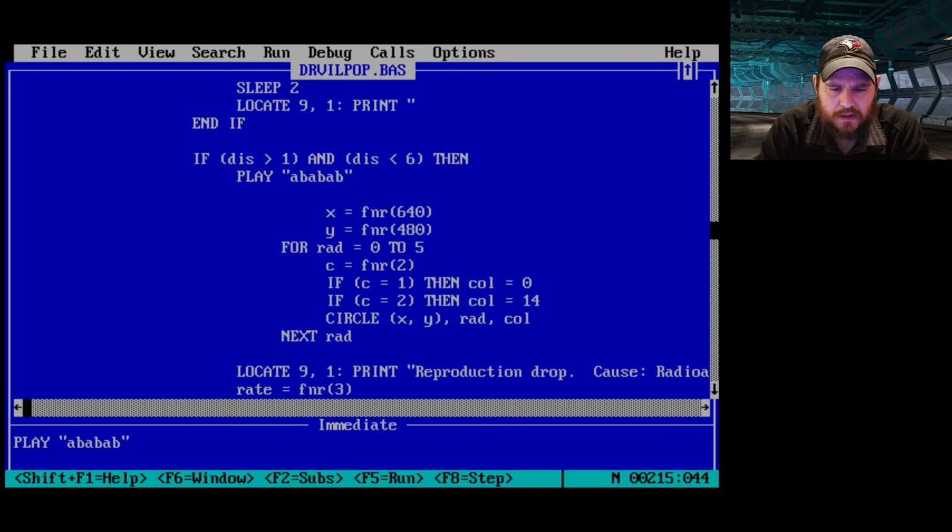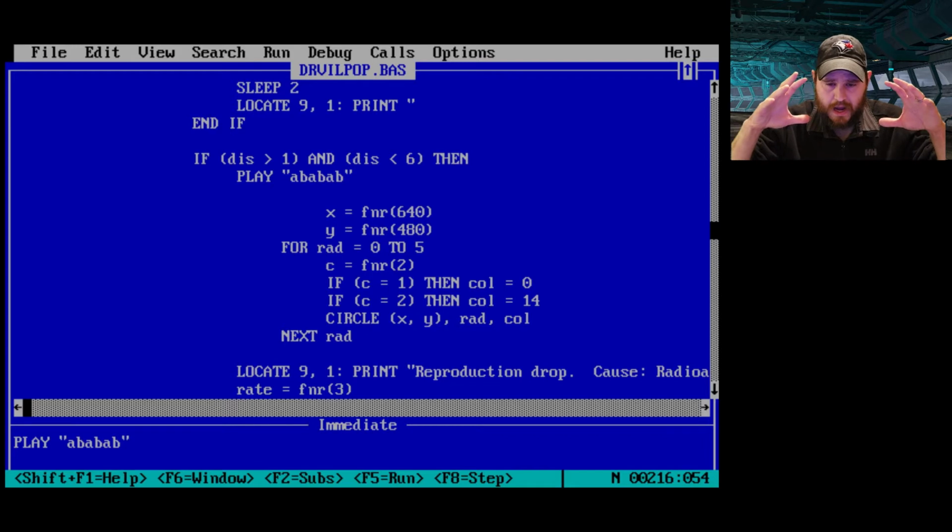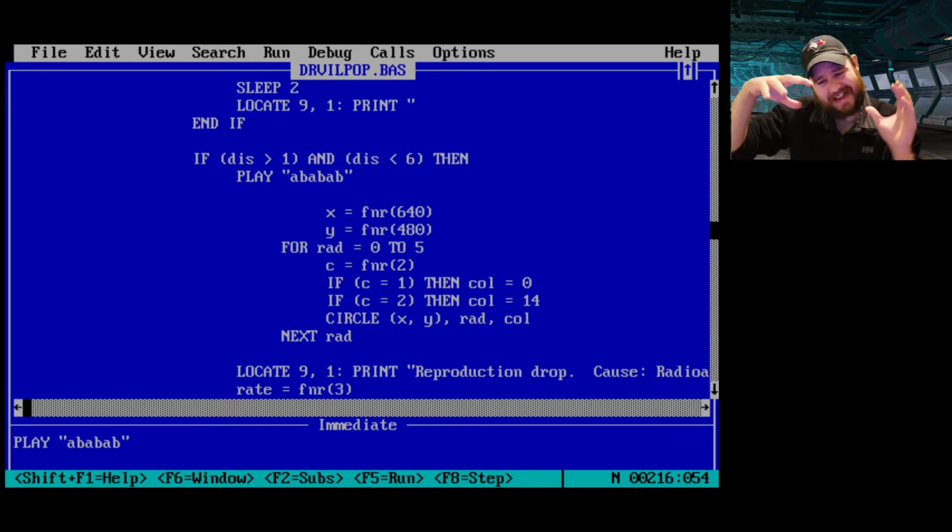If C equals 1, so half the time your color is 0, and the other half the time it's 14, which is yellow. So 0 is black, so yellow or black. Then you're going to draw a circle of that radius, so the ever increasing radius from 0 to 5, but the color is randomly yellow or black,